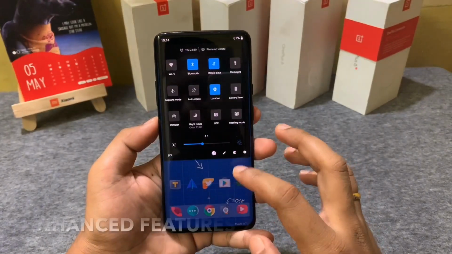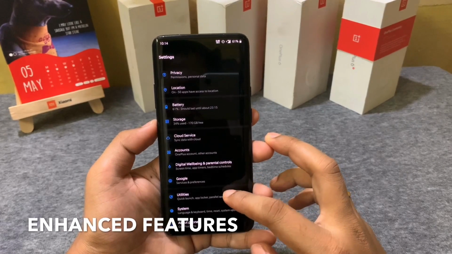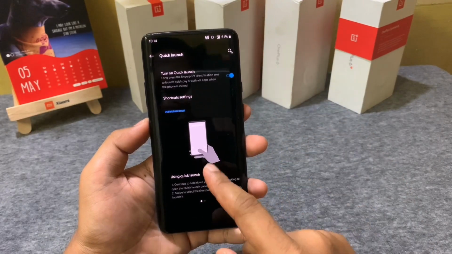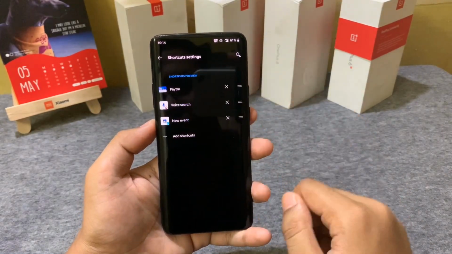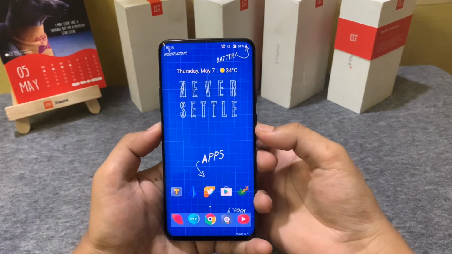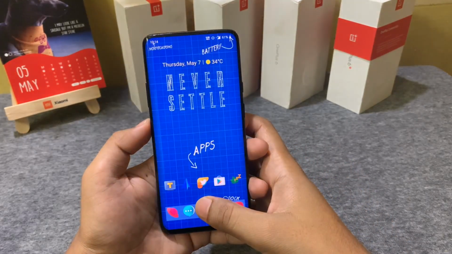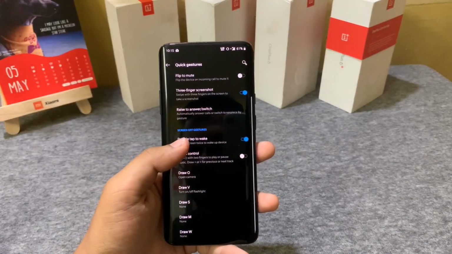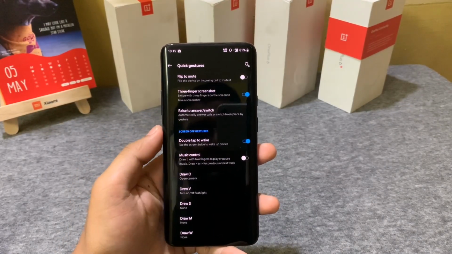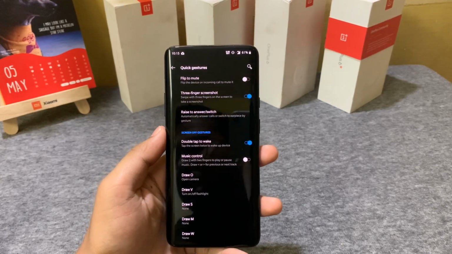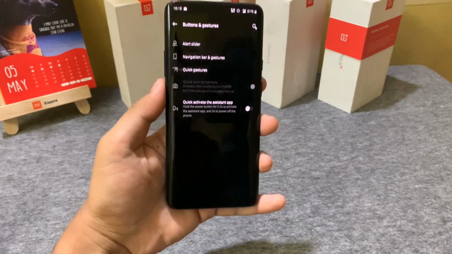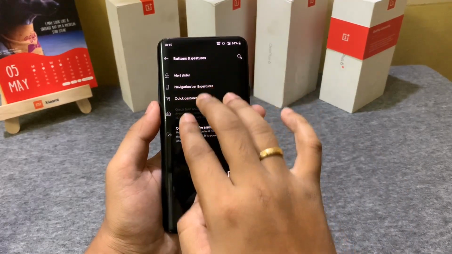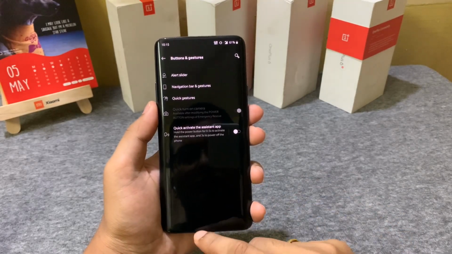Not only is Oxygen OS lightweight and free of bloat, it also comes with enhanced accessibility features built right into it. The quick launch function allows you to press and hold the fingerprint sensor to access apps or even quick routines. You can even activate gestures like drawing on the lock screen to launch into applications and activities. The triple finger swipe to take a screenshot is one that is widely used, as it is less finicky than pressing a bunch of buttons.